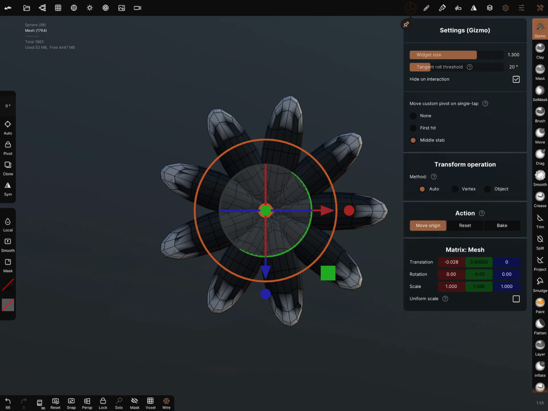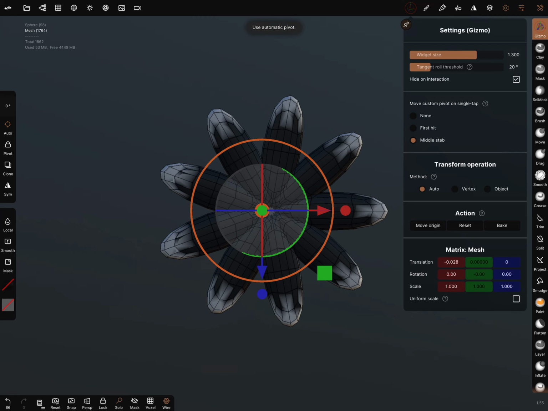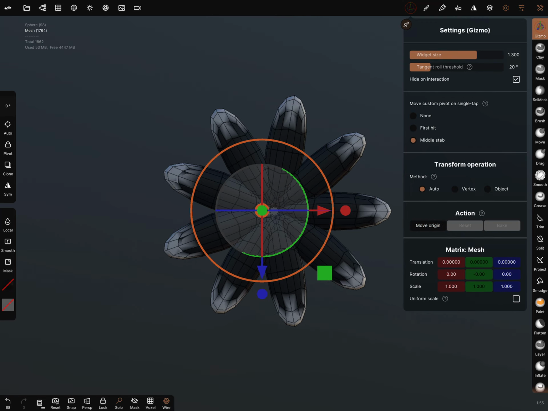Let's try to move origin, make auto center, move origin, and sometimes, I don't know, we can use the local function, auto. Okay. Why is the pivot not jumping to the exact middle position?